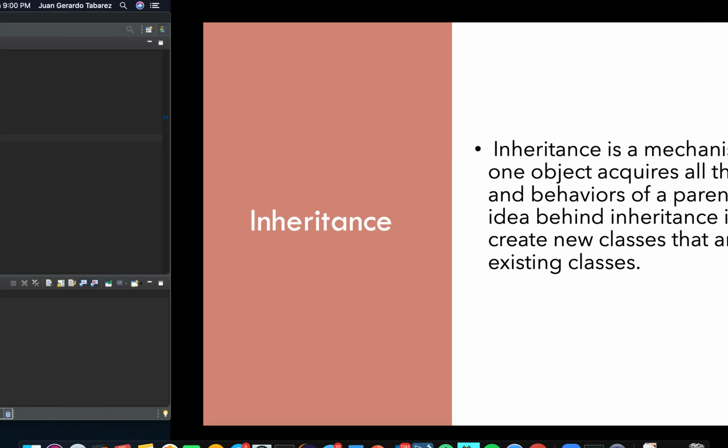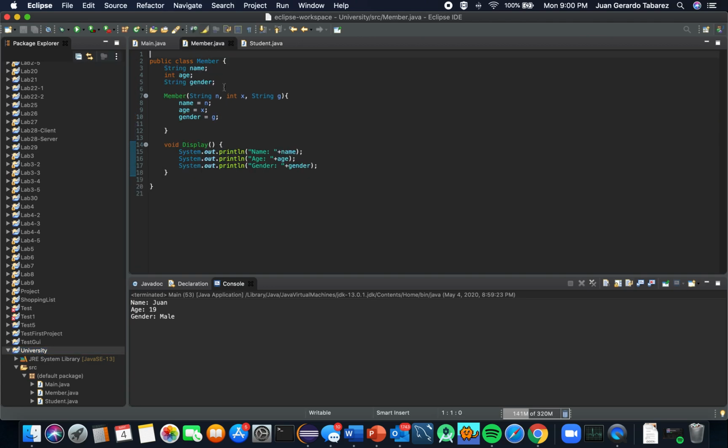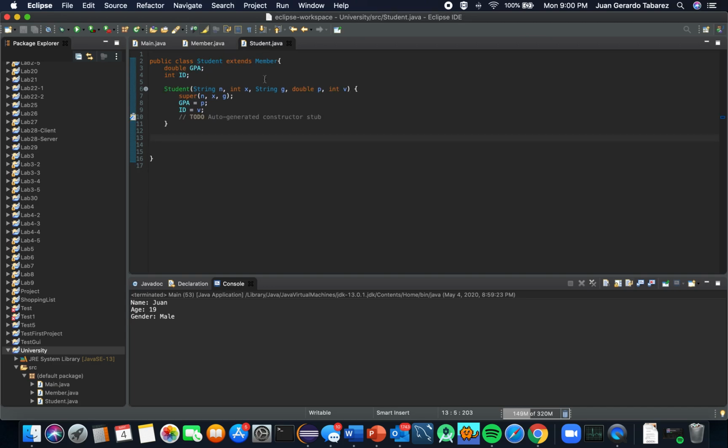Like I was saying, I created my Student subclass, and to implement it, you need to extend your Member class. It's going to have the same variables as the Member class, which is a string name, an integer age, and also gender as a string. Plus that, I included two extra items so far, which is a GPA and an ID,